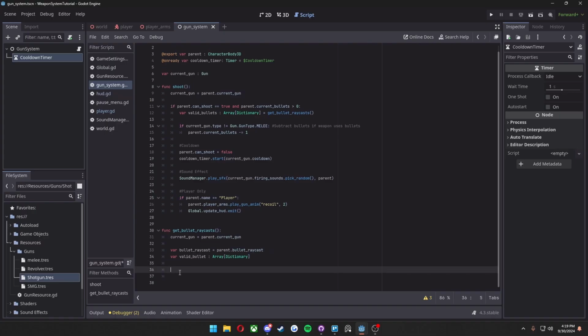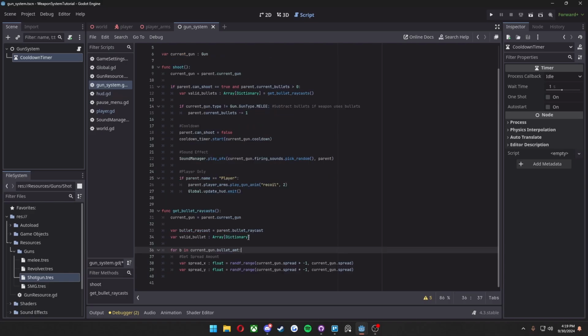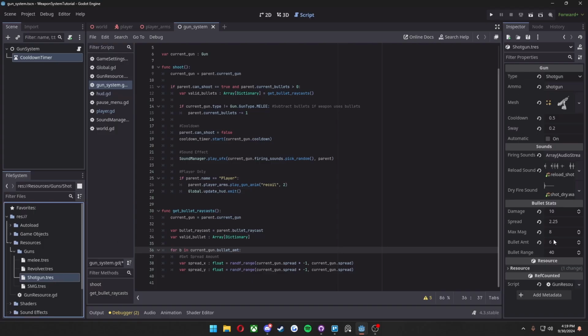First thing we want to do is get the amount of bullets in our current gun, so per shot, right? Our projectiles, as I mentioned before. So on our shotgun, this is 6. We have 6 projectiles that are being shot out, so we're doing basically 6 different sets of raycasts. So we're going to do a for loop. For B, this is our bullet, in our current gun dot bullet amount, again, this 6 or 1 or whatever it is for you,